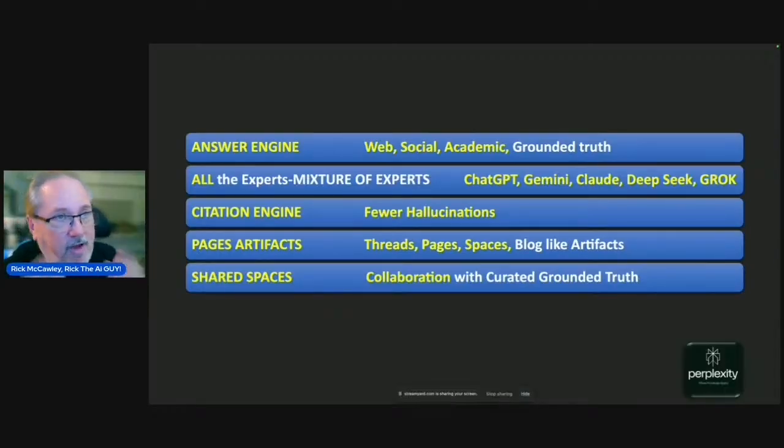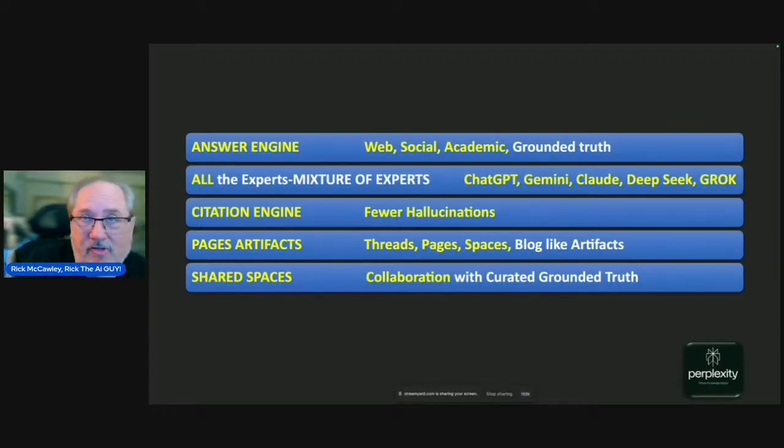Number 2, you've got fewer hallucinations because you have citations. So what I do is I may export as a PDF over to ChatGPT, Gemini, whatever has the largest context window. Fact check every one of these and notate with a check mark whether it's right or wrong, where it got this information from, and is that accurate? Boom. So you double up this with another engine, and you got that.